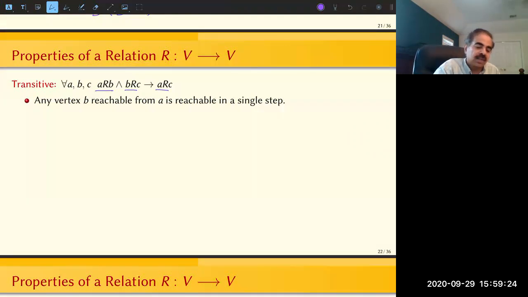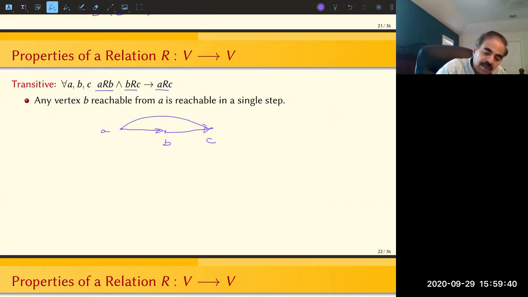So in terms of a graph, if we draw A, B, C, then what it says is that if I have an arrow from A to B and then another arrow from B to C, then I should also have an arrow from A to C. Okay, so that's what a transitive relation is. So you can apply it to larger graphs, and you will see that it just becomes